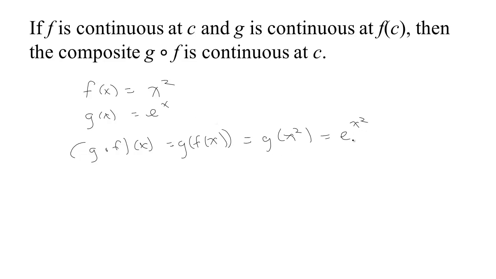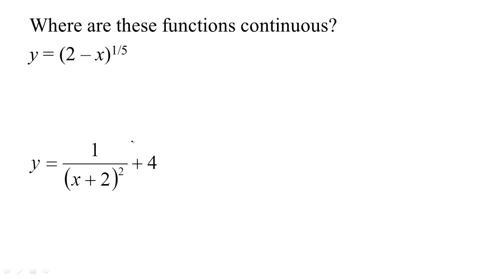So this is a composition of two continuous functions. It must be continuous. So e to the x squared is continuous. Alright, so compositions of continuous functions are continuous. So let's look at some examples, and we'll just try to use these laws quickly to figure out where these